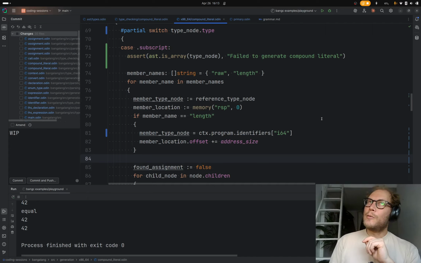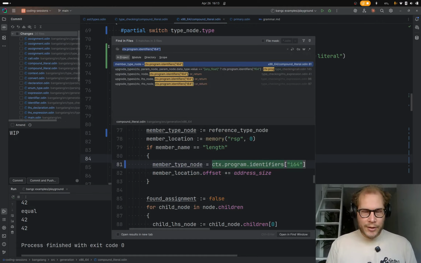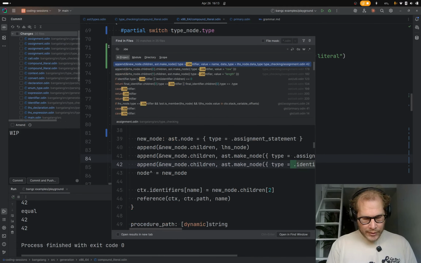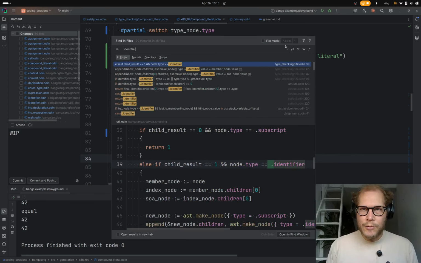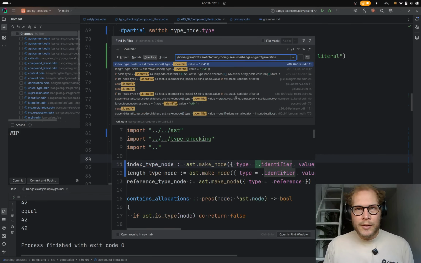Yeah, we changed a few that I would like to not be changed like that. I think they were all in generation. So if we go space.identifier, which is what we changed it to, and we reduce the scope to generation. Yeah, here we go. These ones,